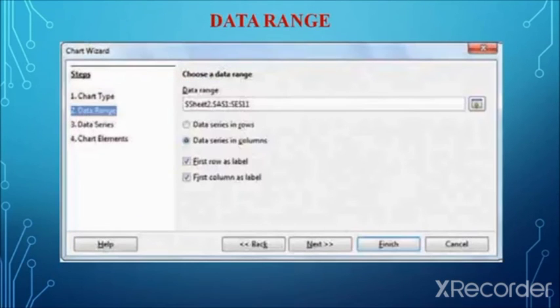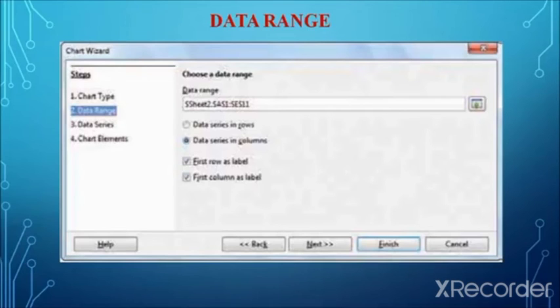The second step is data range. In this step, the user must specify the range of data for which the chart should be created. So the range must be selected. In the data range text box, or just click on the select data range button, the user can select the data range.